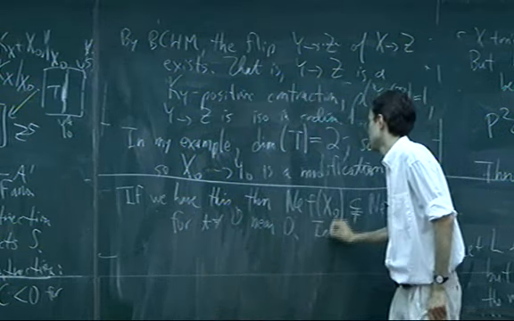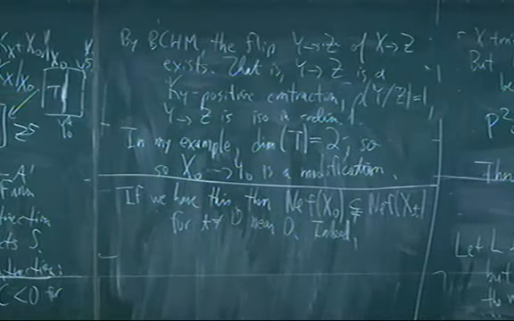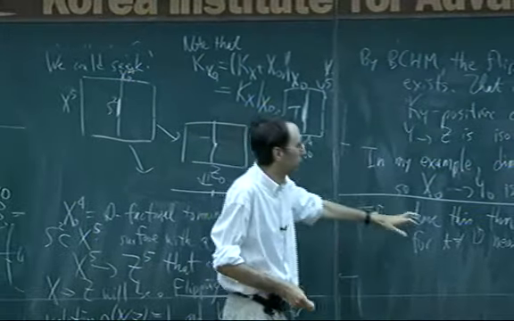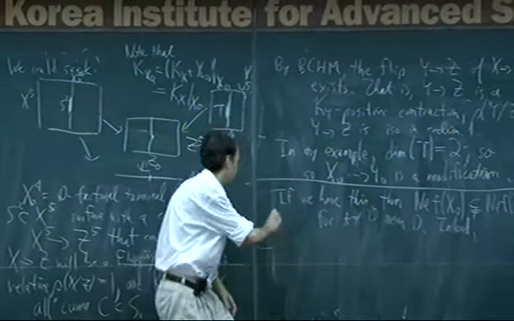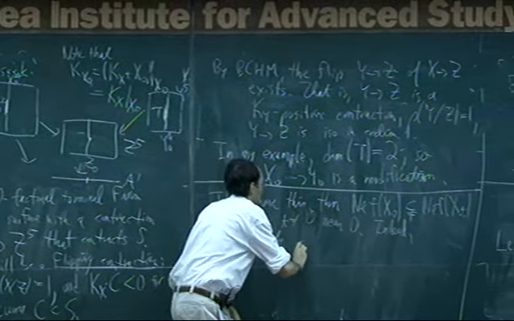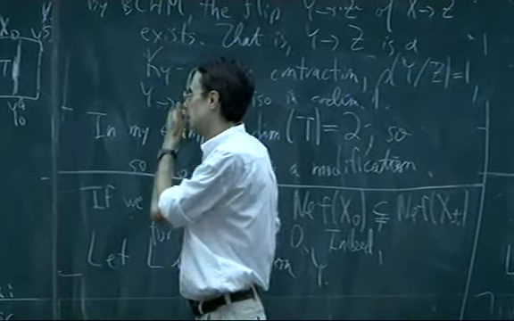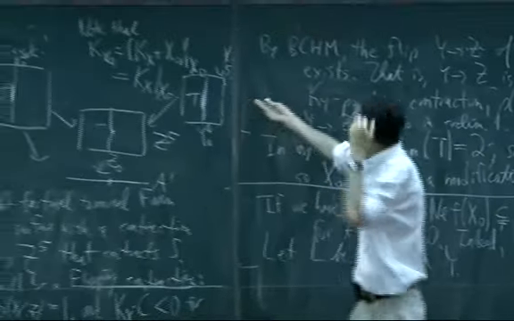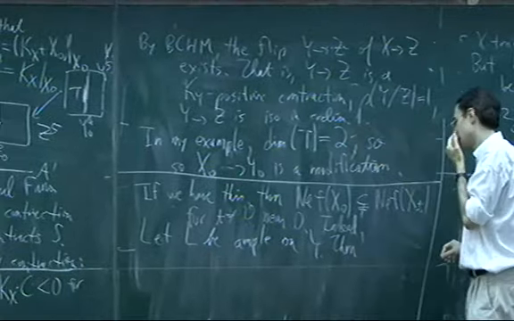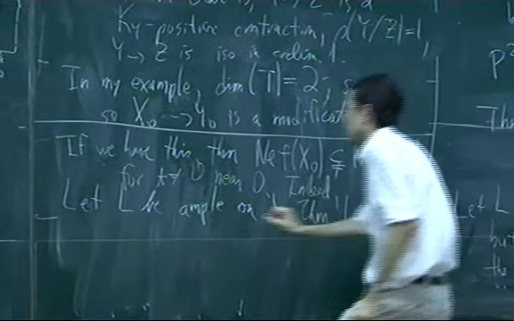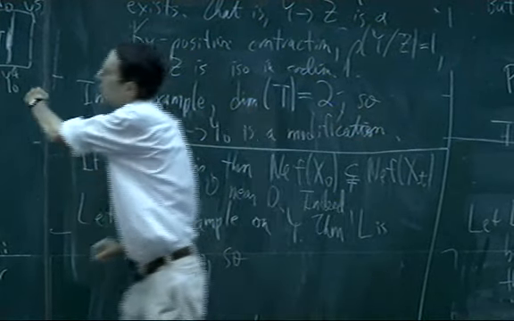Okay, so indeed, it's an easy argument. I need some line bundle that's going to be ample there but not there, and I get it by taking an ample line bundle on, let's say, Y. So let L be an ample line bundle on Y. In particular, it's an ample line bundle on Y0. Then L is ample on Y0, and so it's not ample on X0.